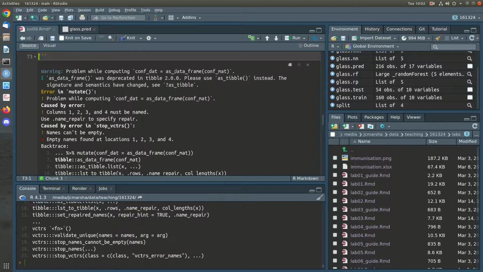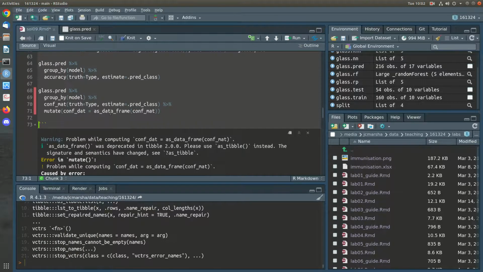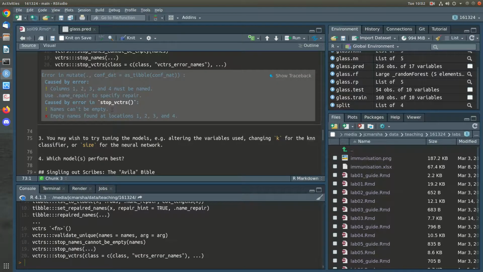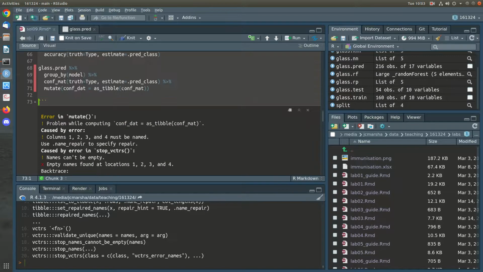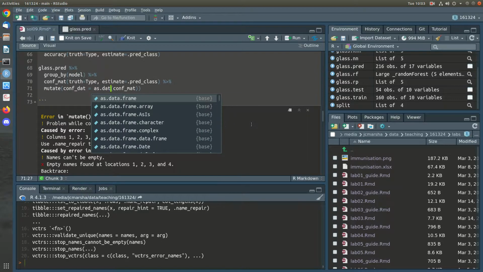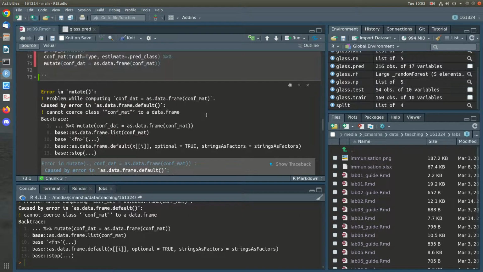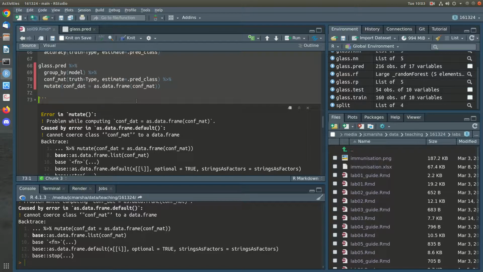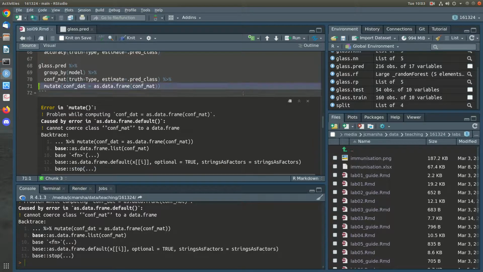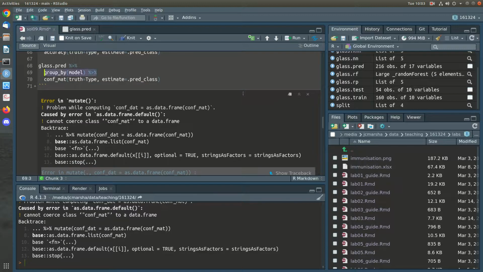No, so it doesn't have a as_tibble maybe? No. We could try as data frame perhaps. They're not named. Let's see. No, so it can't coerce them. There's probably a way to do it, but in the meantime,